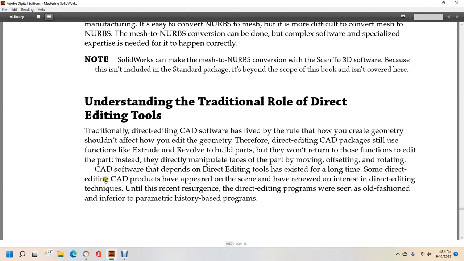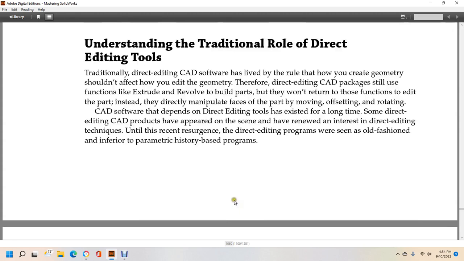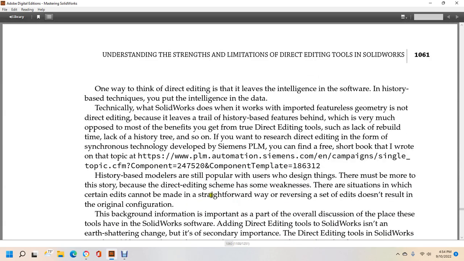Some of the direct editing CAD products have appeared recently that have renewed interest in direct editing techniques, until some of the recent resurgence of direct editing programs were seen as old-fashioned, interfering parametric history-based programs. One way to think about direct editing is that history-based techniques leave the intelligence in the software, so you put the intelligence in the data. Technically, what SolidWorks does when it works with imported feature-less geometry is not direct editing because it leaves a trail with a history-based feature behind,